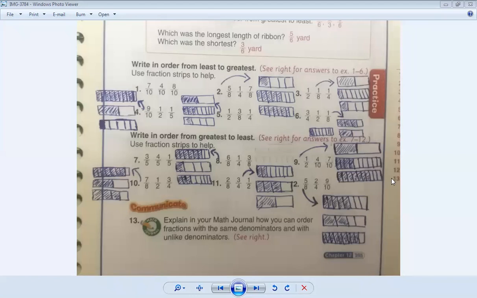Do you understand, Yamila? Yes, we took it yesterday. Do you understand? Okay, so now